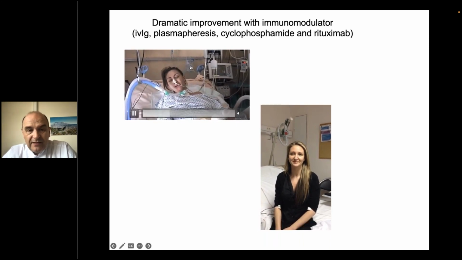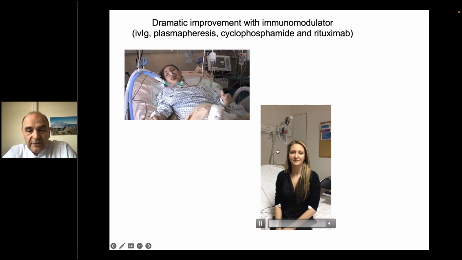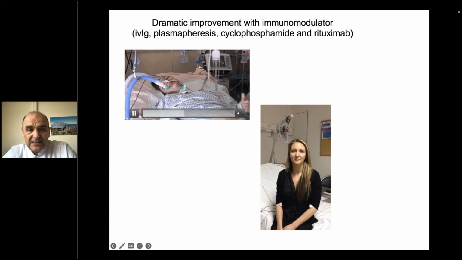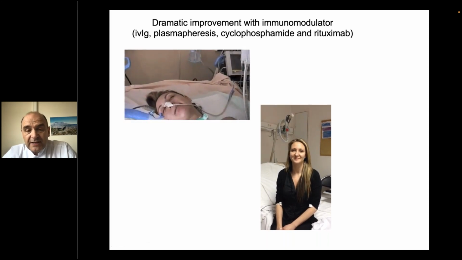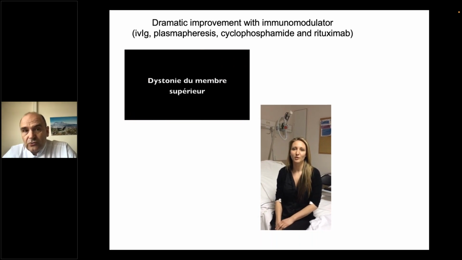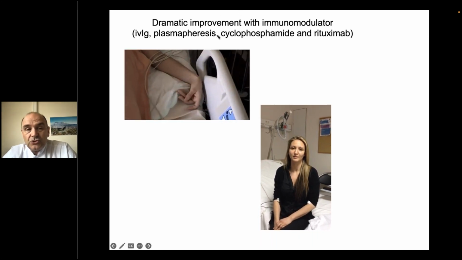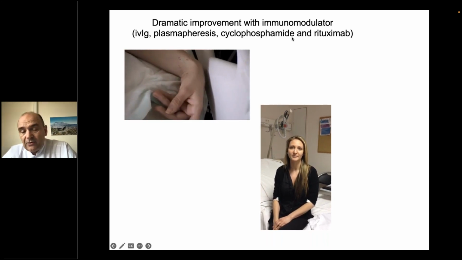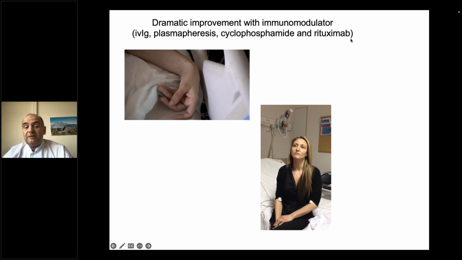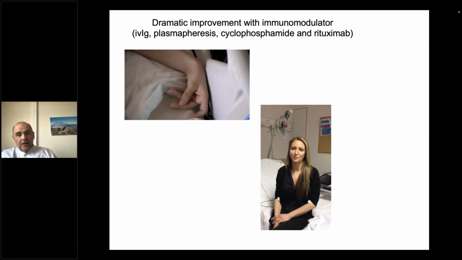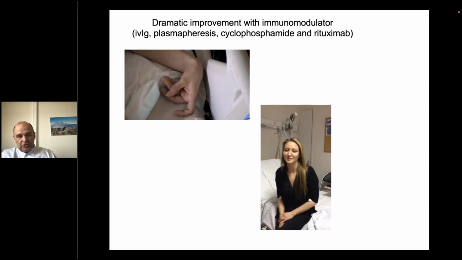It's the same woman. You can see 2 years after the episode of encephalitis, this patient was able to improve completely and to be cured with immunomodulatory treatment like immunoglobulin, plasmapheresis, cyclophosphamide, or rituximab. And it was very important because in paraneoplastic neurological syndromes, the symptoms were linked with neuronal death and destruction of